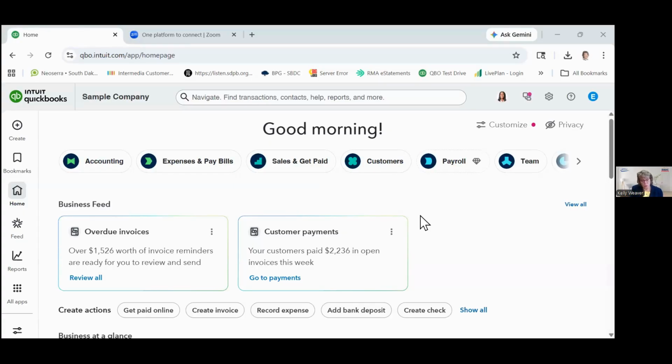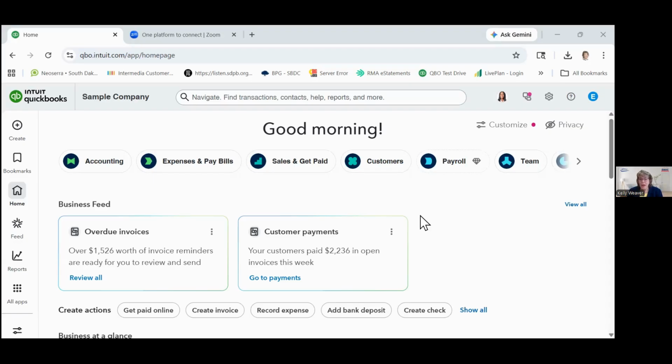And so the thing to know about QuickBooks Online, it's a software as a service, like many other things that you work with. You access the platform via a website, so you always want to make sure you have a good internet connection. And then you also need to realize that your data is in the cloud and it's backed up. The nice thing about it is you don't have to worry about backup or losing your data necessarily. QuickBooks is taking care of that redundancy, but that is how this feature works.